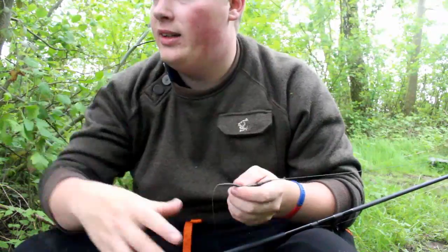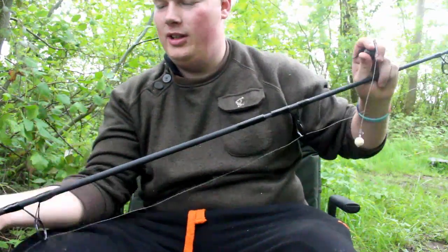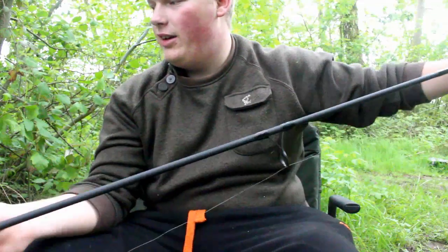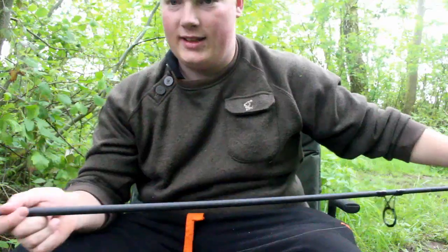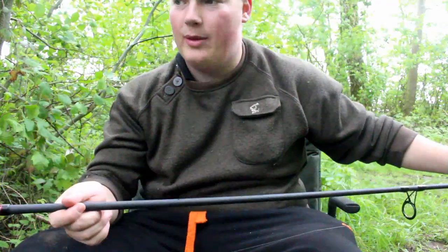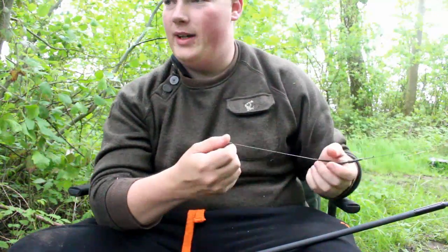I'm literally placing it in. Got the help of my new dwarf rods, so they're in 10 foot £3. I can just poke them through the trees here and extend them, drop it in and bring it back onto the rest, and it's worked for me. So